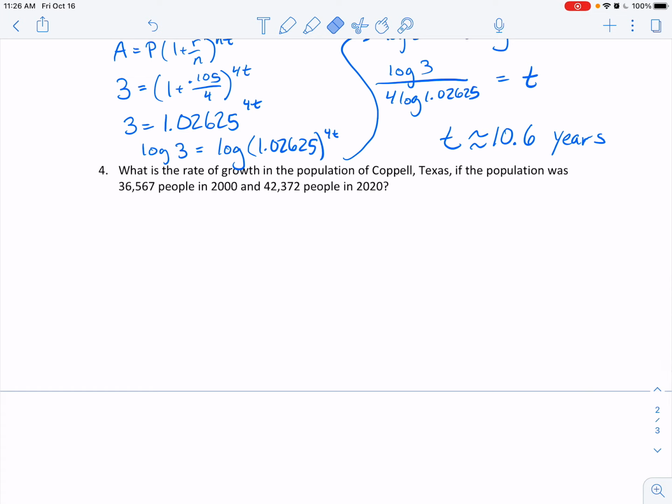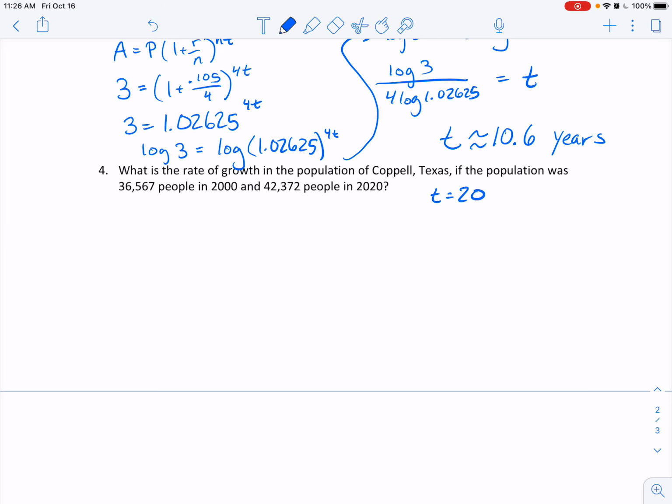Okay, so the last one, this is new to this year because I just made this one up. It says, what is the rate of growth in the population of Coppell, Texas, if the population was basically 36,000 people in the year 2000, and it's about 42,000 people in the year 2020. Okay, so we'll notice that our time that has happened here, our t value is equal to 20, and this